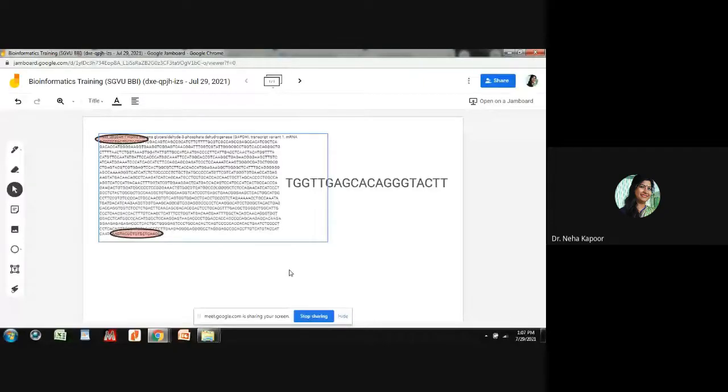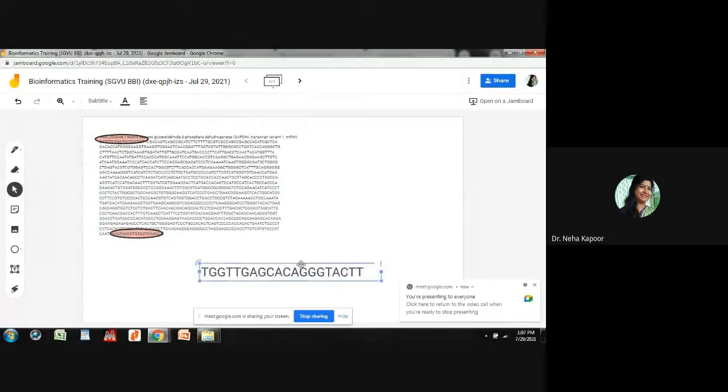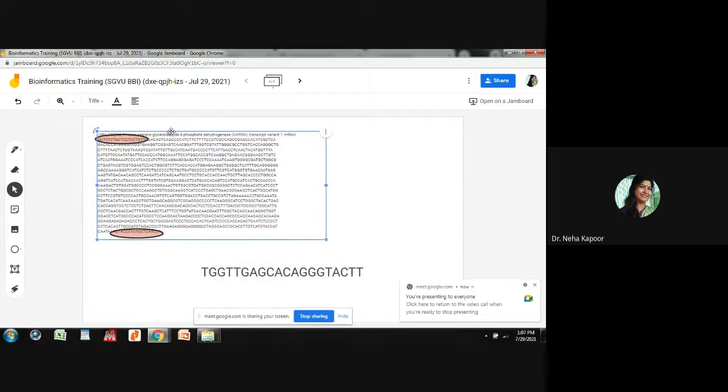Now see, I have pasted that sequence. If you people can see the Jamboard. This was the sequence that we selected for the analysis, in which I have put a circle at the starting point. I am using this 20 base pair stretch as a forward primer.